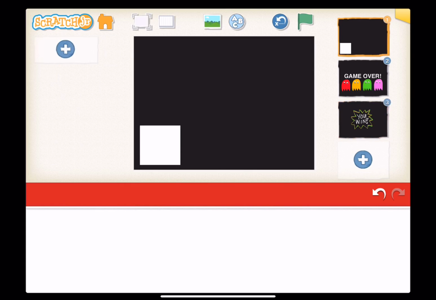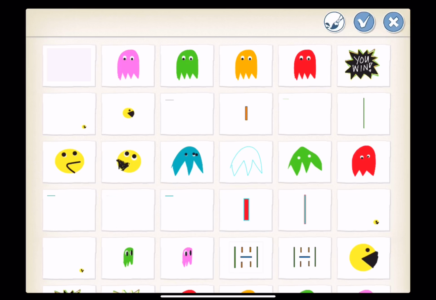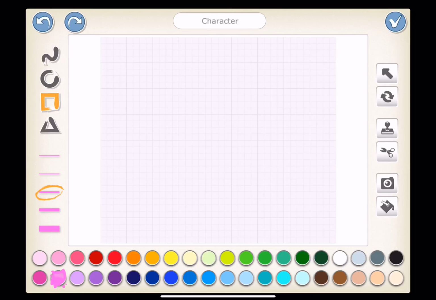Now this is going to be the tricky part. So we've got lots of sprites involved in this today. So we're going to start off with the first sprite. So we're going to create the box maker. We can just make it black, and we're just going to draw one of our sprites, and we're going to make that